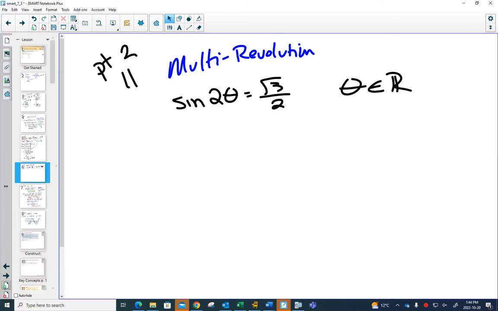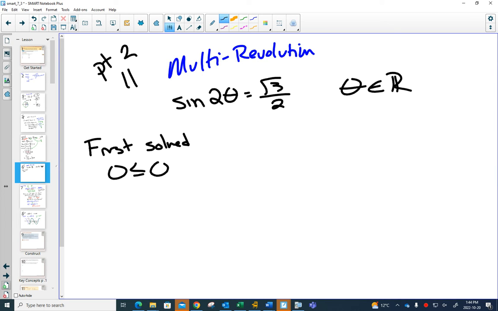If we solved it how we did in class, in class, we first solved between 0 and 2 pi, then all the answers you get, add 2k pi, that's how you do your general solution. But since it's a multi-revolution question, if 1 theta is between 0 and 2 pi, then 2 thetas would be between 0 and 4 pi, which is twice around the circle, hence the name multi-revolution question. For a multi-revolution question, once you found the domain for 2 theta, you then solved